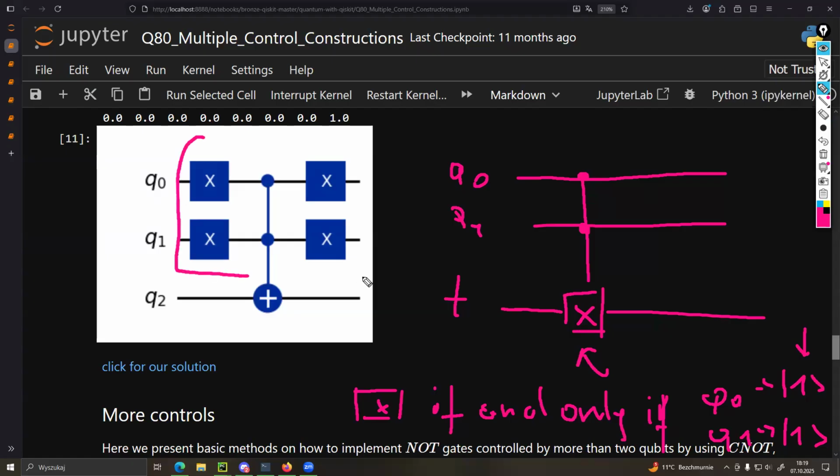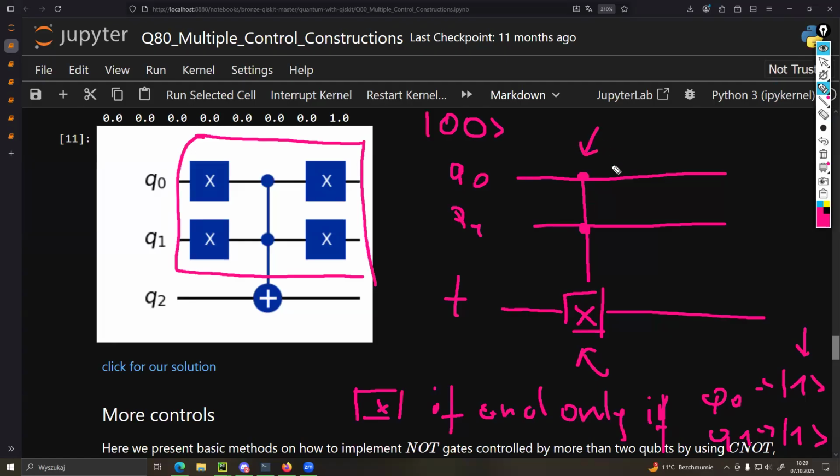This is the solution. For example, if I were to check whether I have a 0-0 in the circuit, then